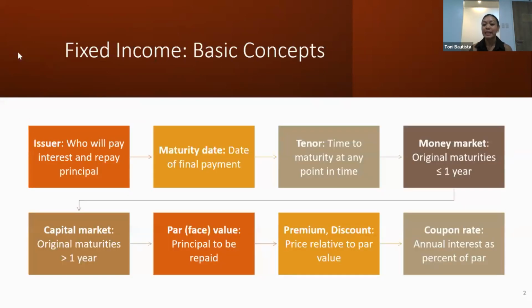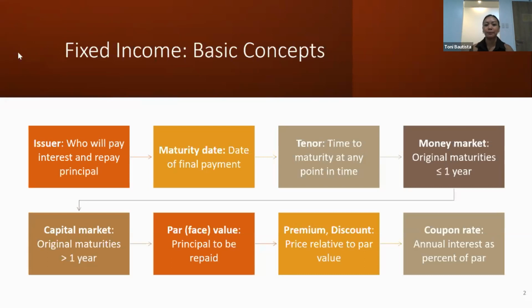Now, aside from this, one more key thing to remember is the concept of yield. So the coupon rate, essentially, this is set at the primary issuance of any fixed income security. Now, as long as the bond is trading, you would have a yield which is constantly changing, because essentially that yield is that unknown value which would make the price of the bond equal to either par, premium, or discount. So your yield is negatively correlated to the price. So the higher the yield, you would normally see lower bond prices,